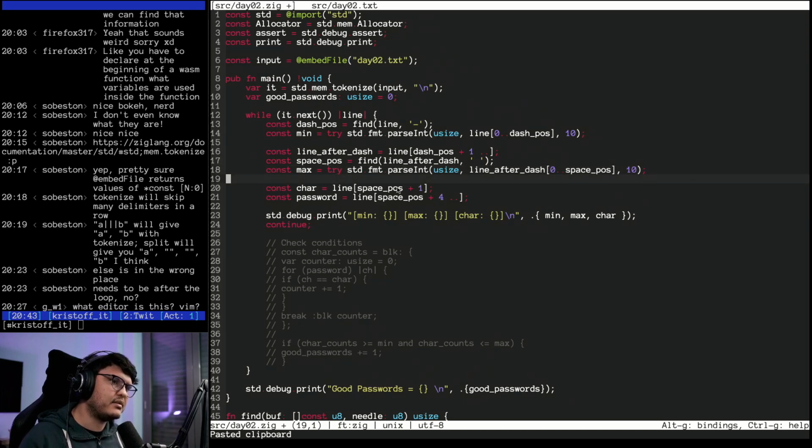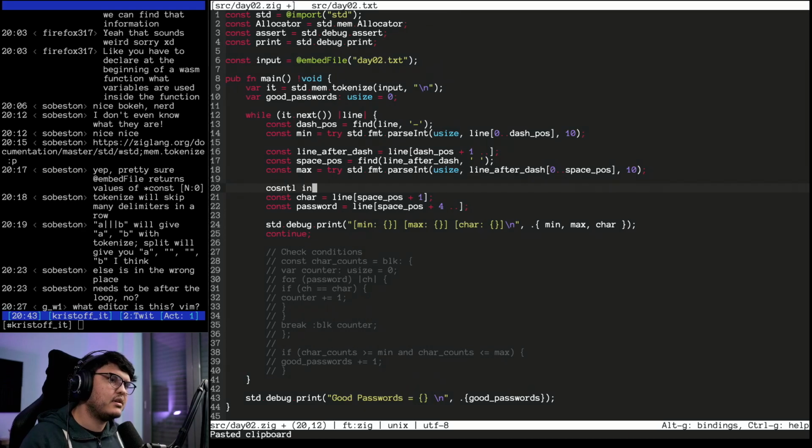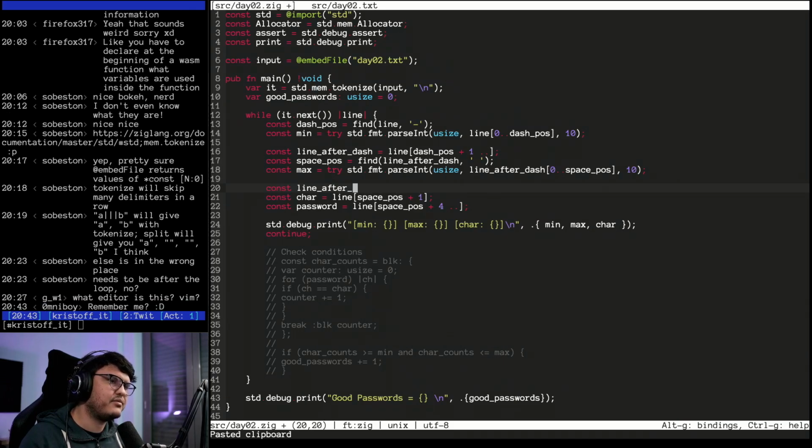And then we need to make another line after something. So const line after max, I guess. No, that would be line after space, which is line after dash starting from space position +1, I guess.